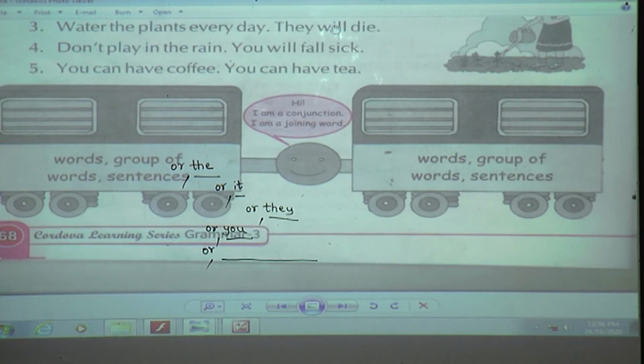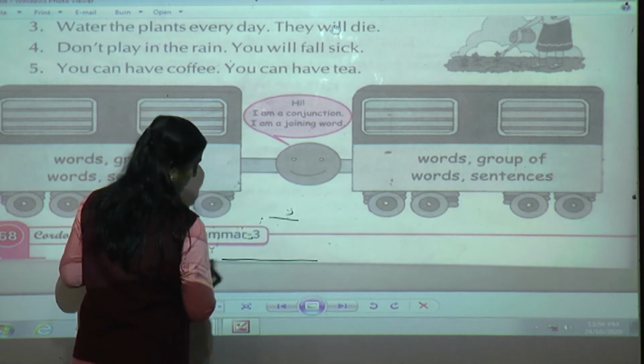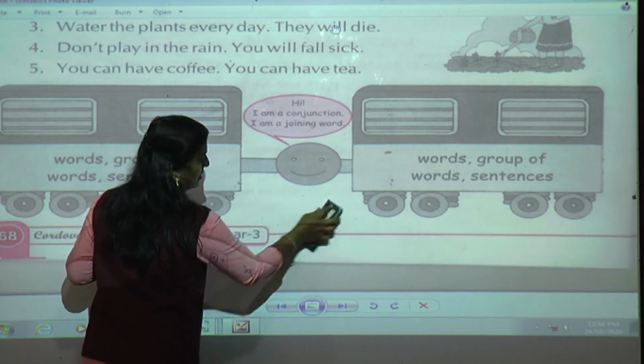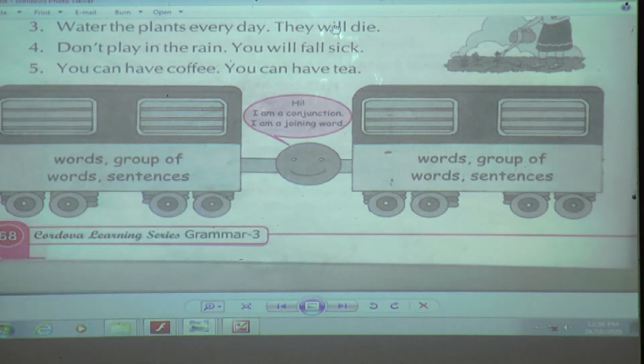Now what is this, students? Can you tell me? Yes, this is a train. Have you ever gone on a train, students? Did you enjoy the journey? Now here in the train, you can see different bogies, and there is something which joins these bogies or compartments, yes or no? So the conjunction is also doing the same thing. It is joining words, groups of words and sentences with different words, groups of words and sentences. They have shown with the help of this train how this thing is joining two compartments or two bogies. In the same way the conjunction is doing the same thing.